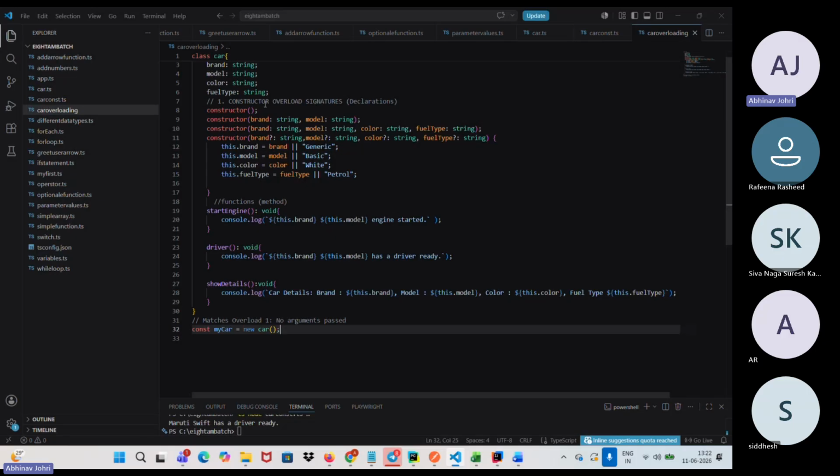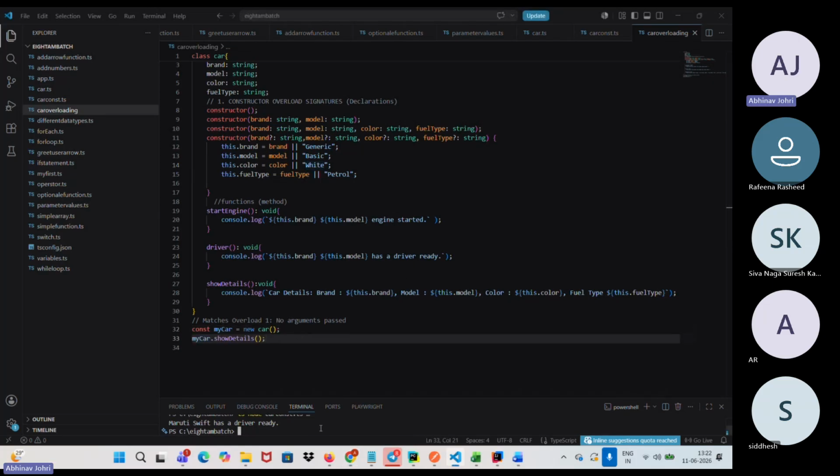Now it will call this constructor without value, and it will provide all the generic values. If you just call the show details function over here and run it,